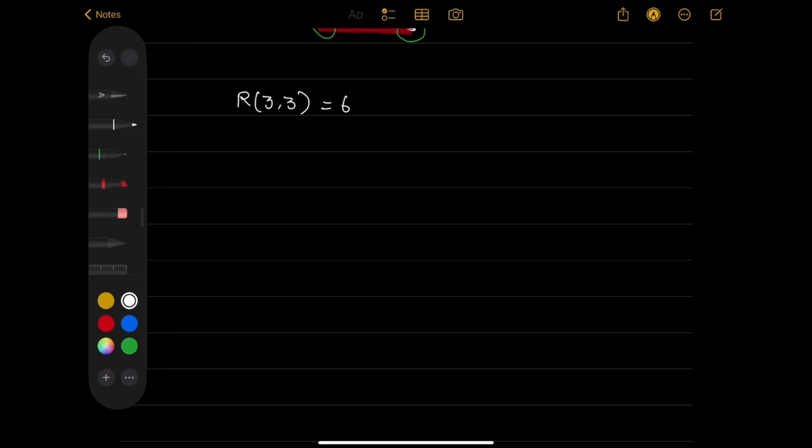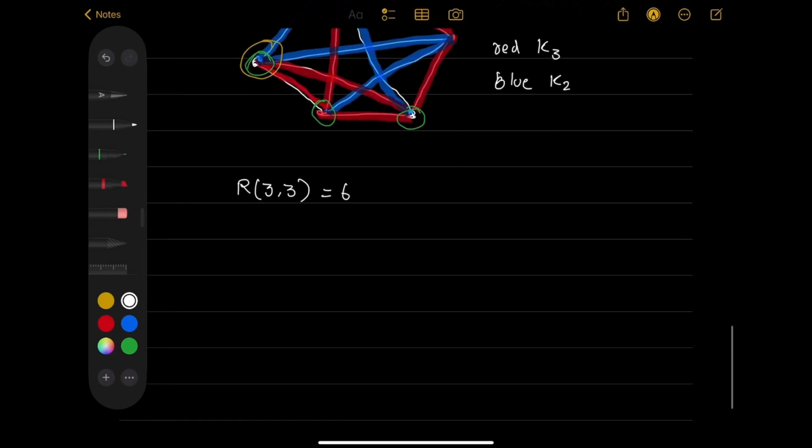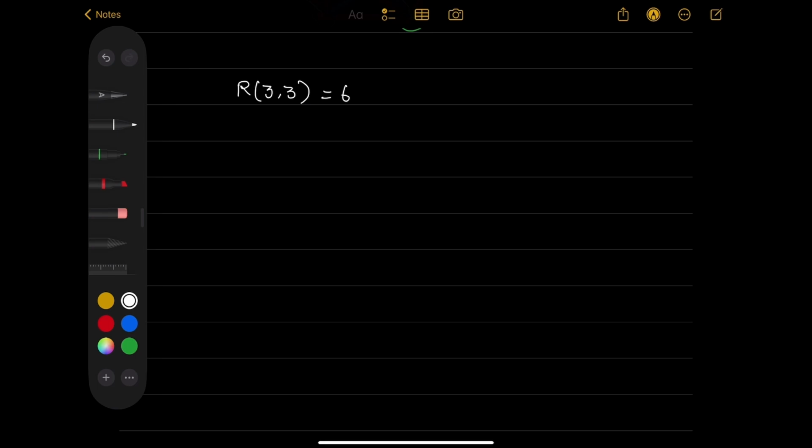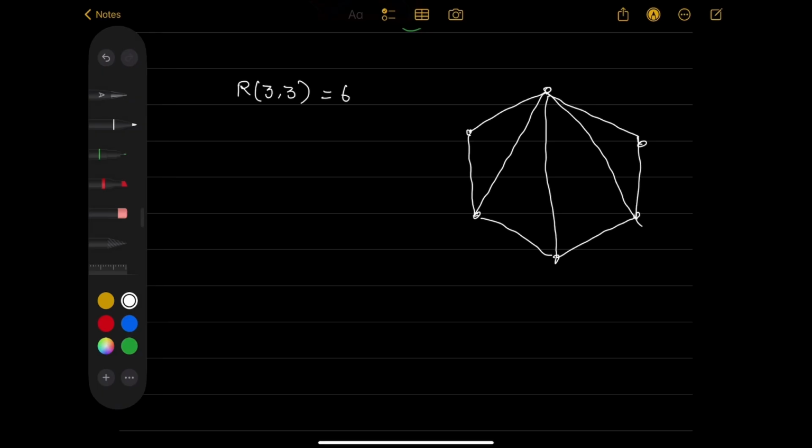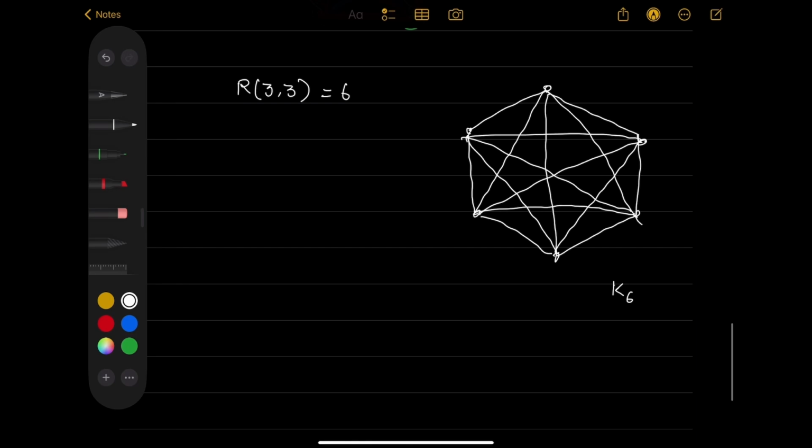In this new definition we can say that if you have a K6 over here, this is your K6, and however you assign two colors to the edges of this K6, you will definitely find